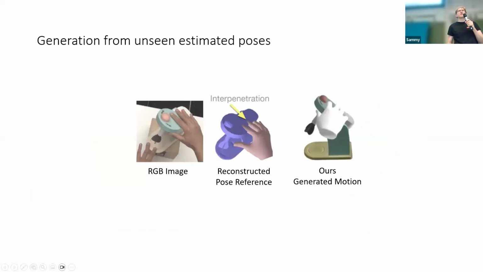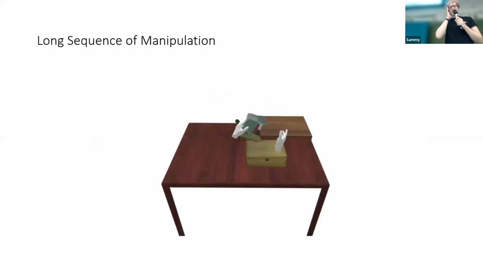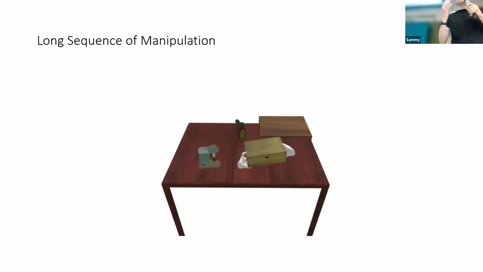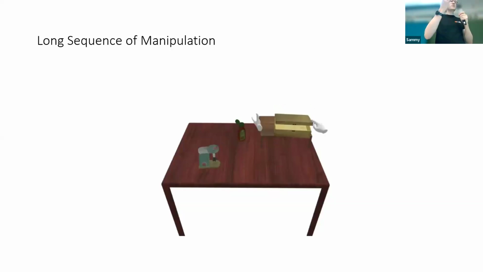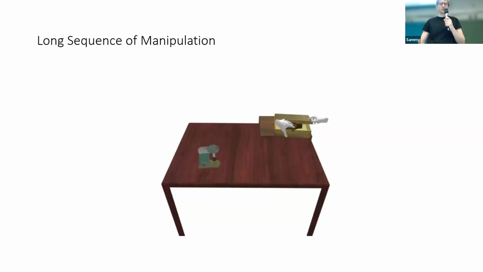Again, we wanted to show that this is potentially practical by using a single image of a hand manipulating the objects. As you see, again, there's interpenetration. And we can then feed this into our model and generate a dynamic sequence that manipulates and articulates the objects. And here's just one more demonstration that shows how we can actually generate longer sequences of manipulating multiple objects, articulating them, for example, putting this object into the box and then closing the box.